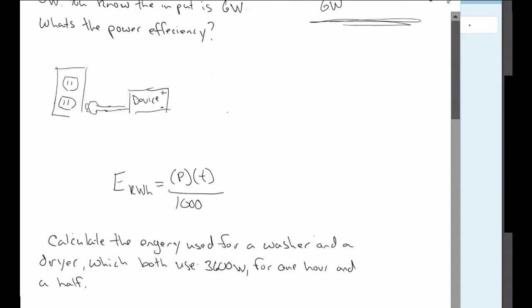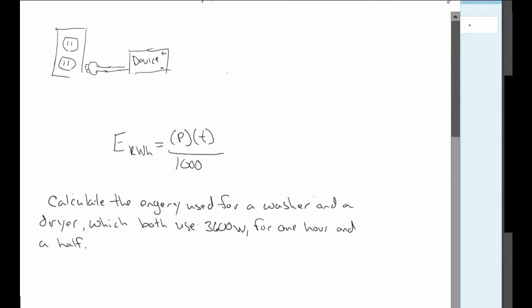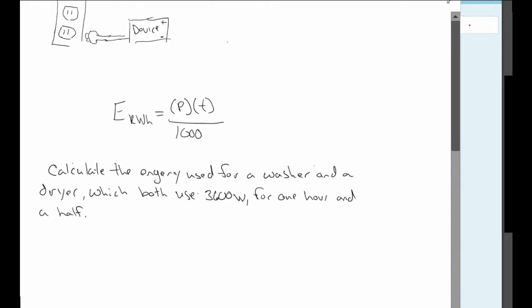All right, so let's look at this one right here. So we want to calculate the energy used for a washer and a dryer, which both use 3,600 watts of power for 1 hour and a half. All right, this is the equation that we will be using. It calculates kilowatt hours. We got 3,600. You want to times that by 2. What do we get? 3600 times 2 is equal to 7.2